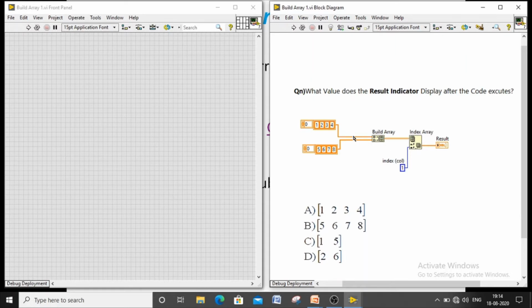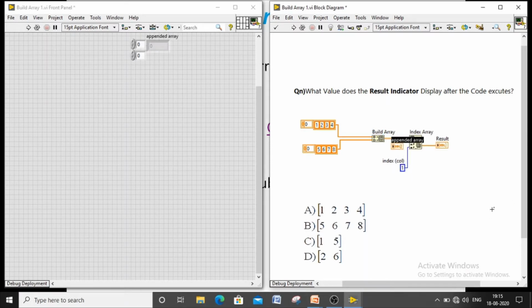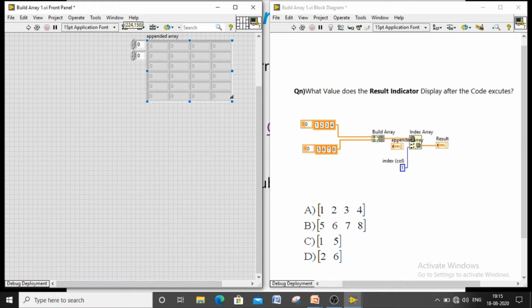You can see a one-dimensional array is a solid line, but after converting it with build array, we are getting some gap between those lines. From this we can understand what type of array dimension we are having. After creating the indicator on the particular line, you can understand, create one indicator. So you are having a 2-dimension array, likewise we can have it, right?